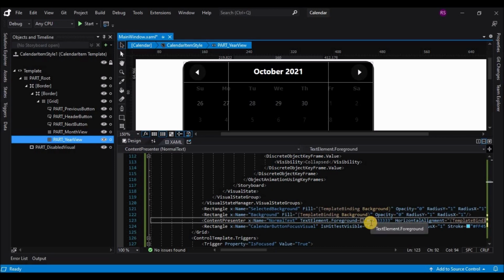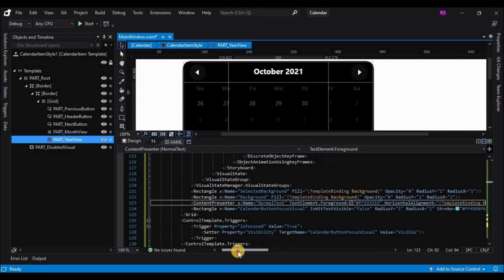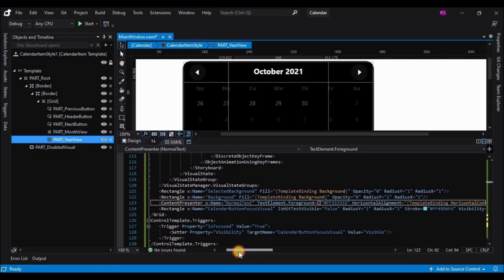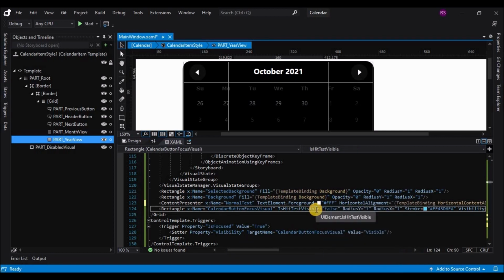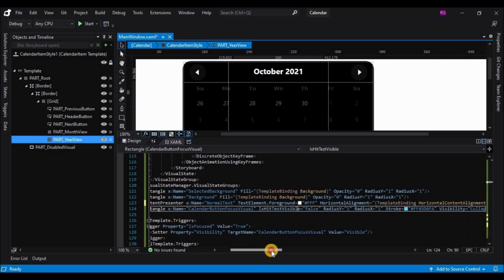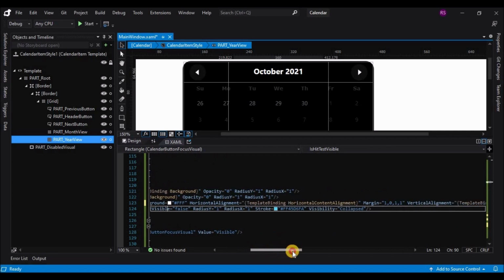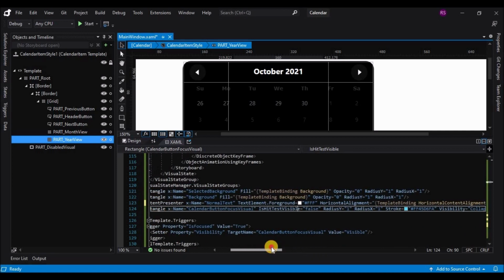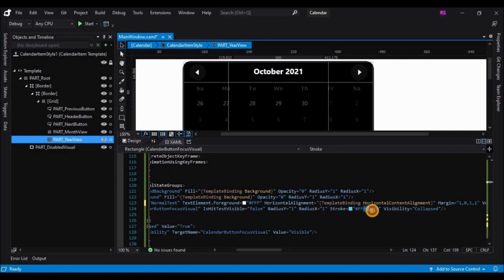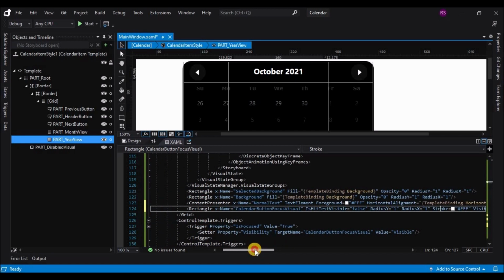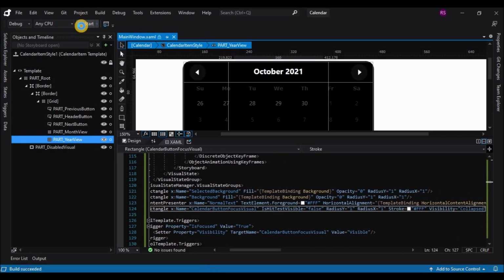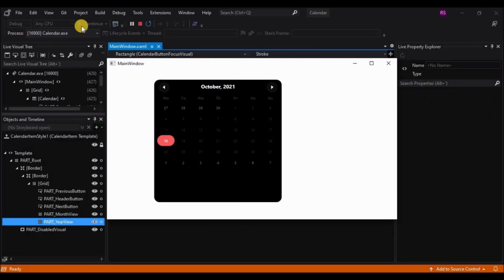Let's try and change the value of this content presenter and see if it reflects, because I can see that the foreground color is resembling the color of the elements for the days that appear on the calendar, like Sunday, Monday. So if you match the colors with the color that we have on the XAML, it is quite similar. So that is the reason I am trying to change this color, and I am trying to see if it is reflecting the same area. But no, changing that does not reflect it, so I think it is not that element.